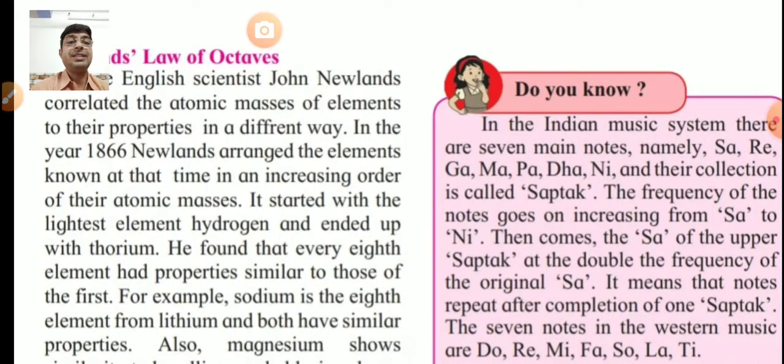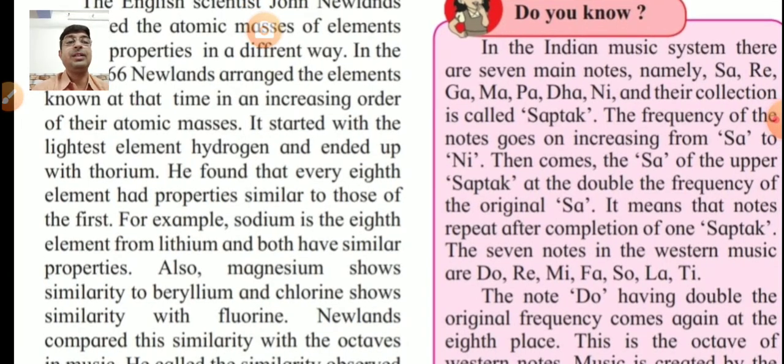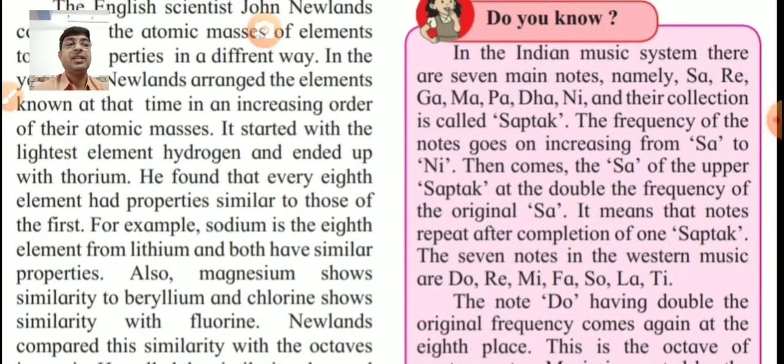So you mark from this line. Newland arranged the elements in an increasing order of their atomic masses and found that every eighth element had properties similar to those of the first. Now do you know,